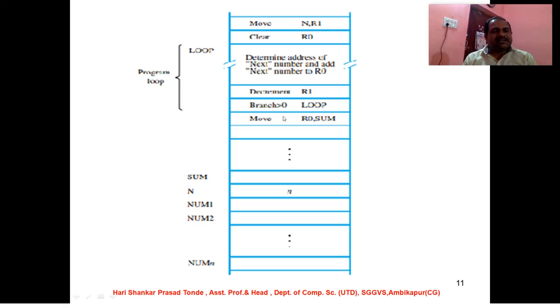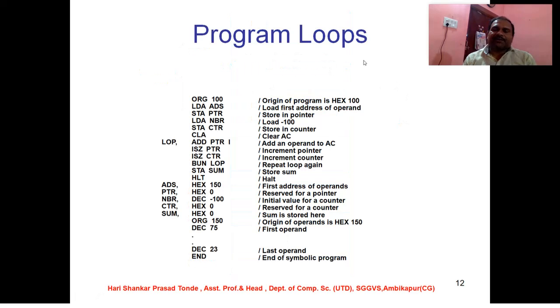So in such cases, in programming, we are going to repeat the particular instructions one after another until that condition becomes false. So this is a shorter example of looping statements. So we are going to discuss the program loops. This is a particular program which is going to be used in assembly language, and definitely we are going to start with ORG 100. This is the origin of the program in hexadecimal 100.